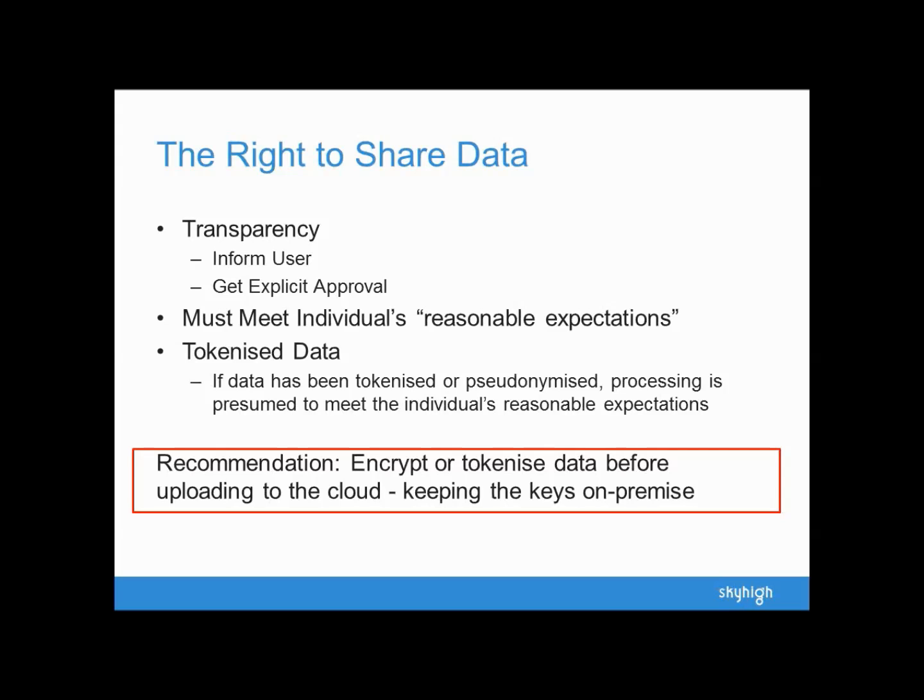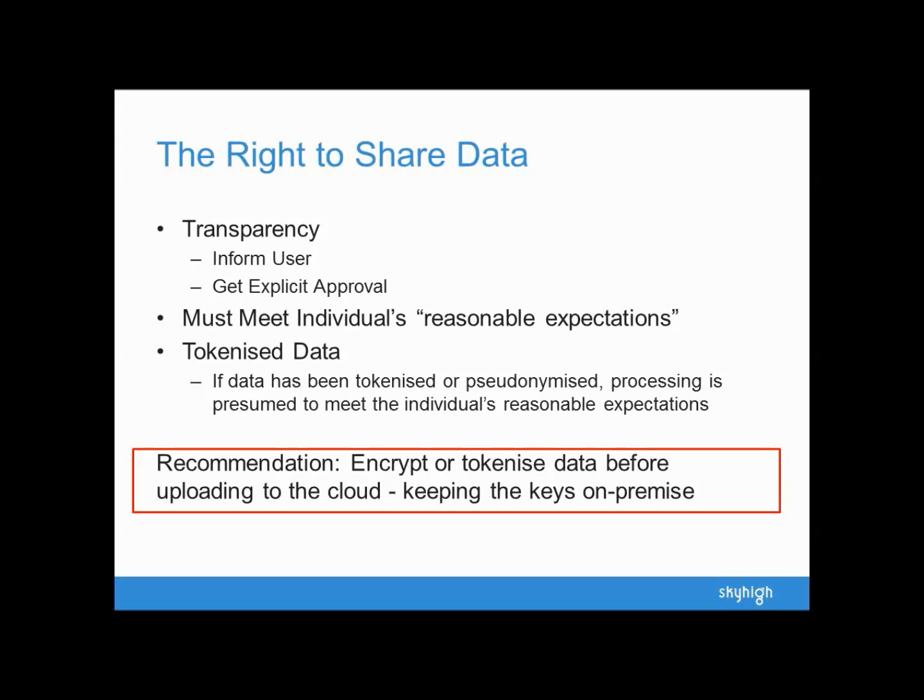But there's a good and interesting phrase in there that says that if data has been tokenized or pseudonymized, processing is assumed or presumed to meet the individual's reasonable expectations. So I won't say that this is a get-out, but it's certainly a very positive point that if you were to encrypt or tokenize data, and we would recommend keeping your encryption key on-premise, for instance. So if you encrypt or tokenize data before putting it in the cloud or before sharing it with a third party, then